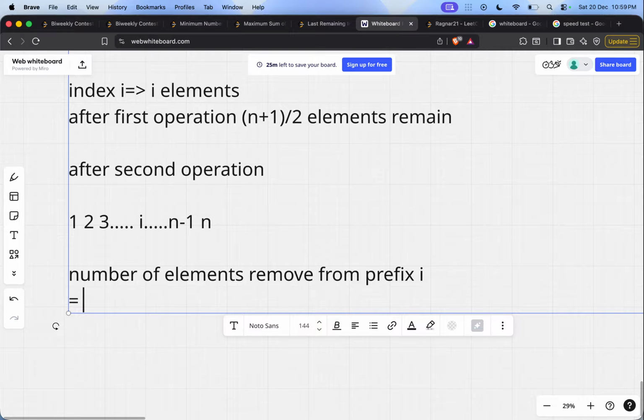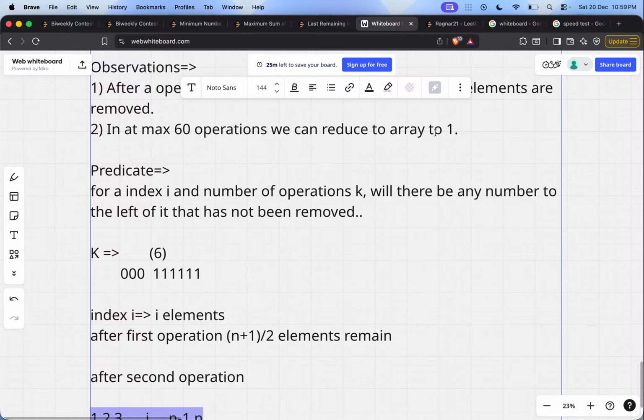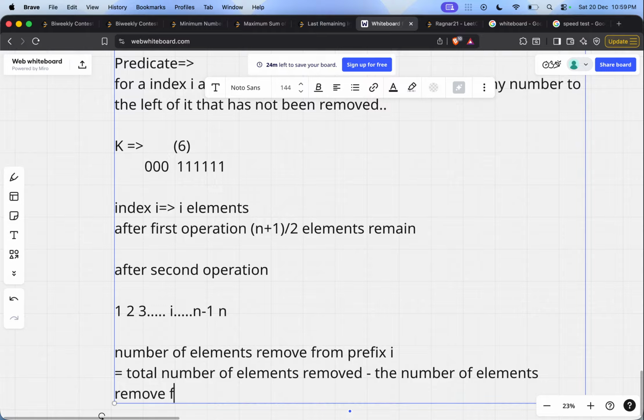So our current intention is to find the number of elements removed. Now this is equal to the total number of elements removed. Okay, so we know the size of the array currently, and if we just apply this formula n by 2, then we can find the total number of elements removed. And if we subtract the number of elements removed from suffix I plus 1,